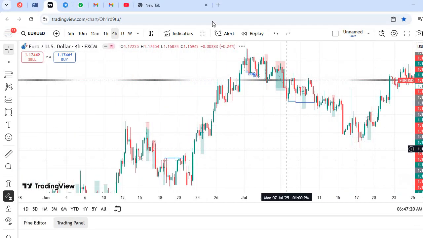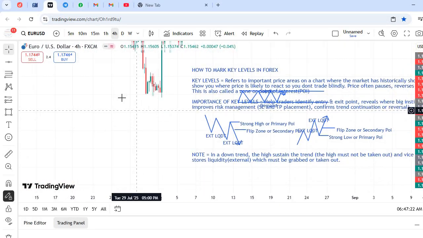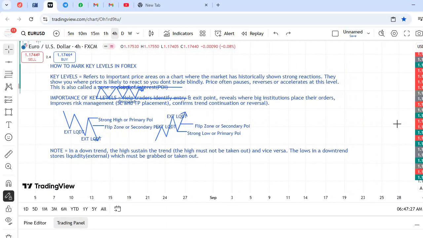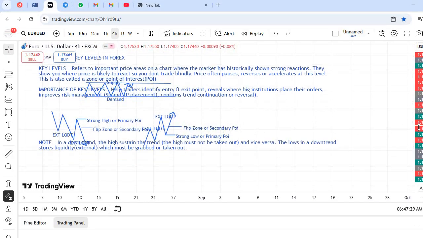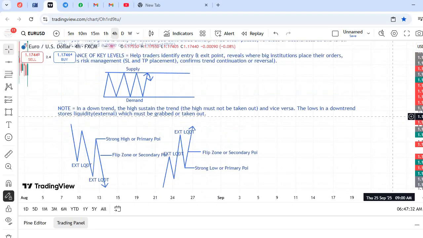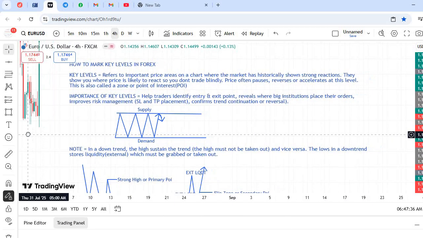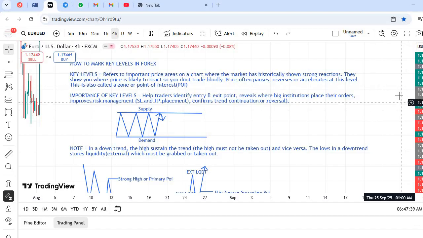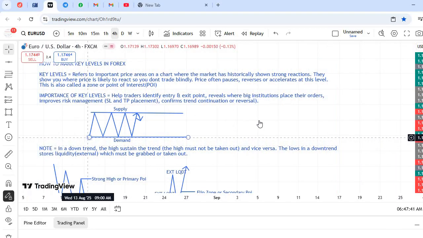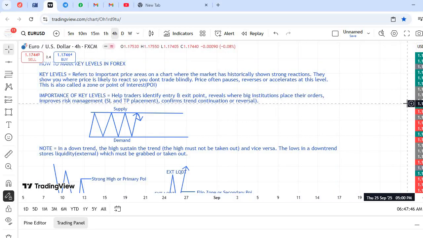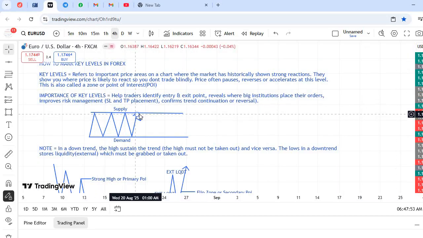You understand? So that is another function of the key levels. Key levels will help you to know where to place your take profits and also where to place your stop loss. Where to place your trade and stop loss. Understand? So now another thing is it helps you to confirm trend, continuation, or reversal. That's another important point. It will help you to confirm trend,